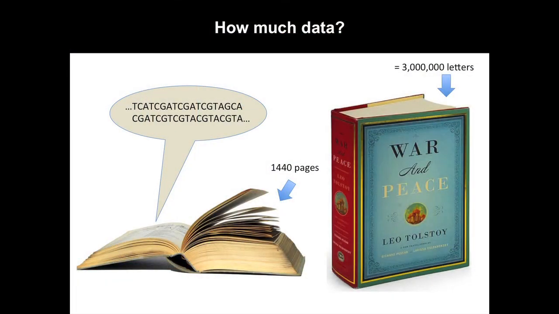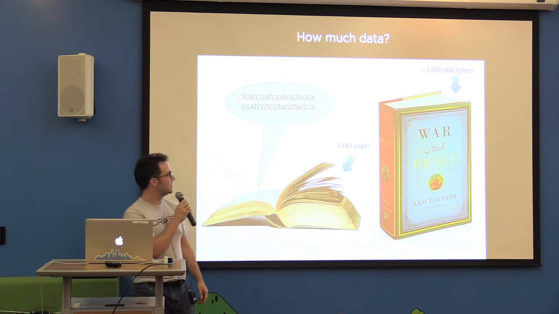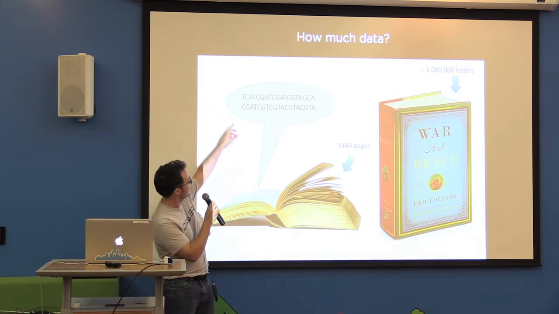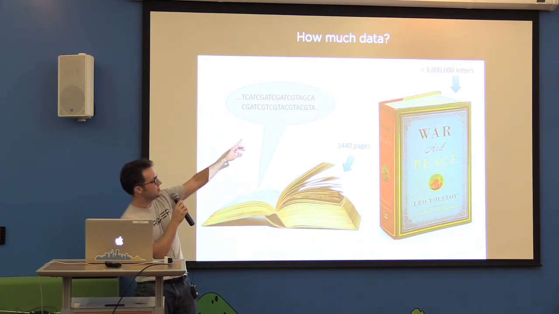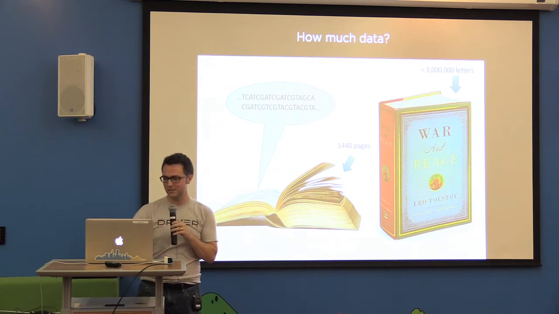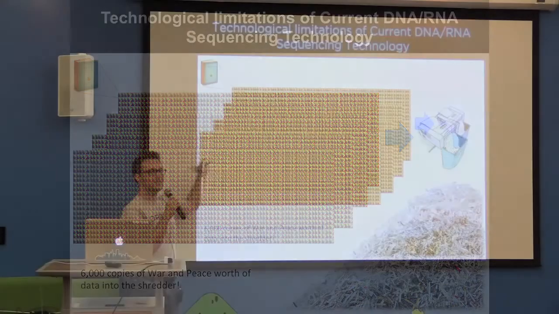So how much data is this? Why do we need Spark, right? So this is War and Peace. It's a really huge book. I haven't read it. I just know it's huge. If you were to replace every single letter in this book with an A, C, G, or T, 1,400 pages long, 3 million letters, you have to sequence a lot of these books. Okay, so we're looking at about 6,000 copies of War and Peace